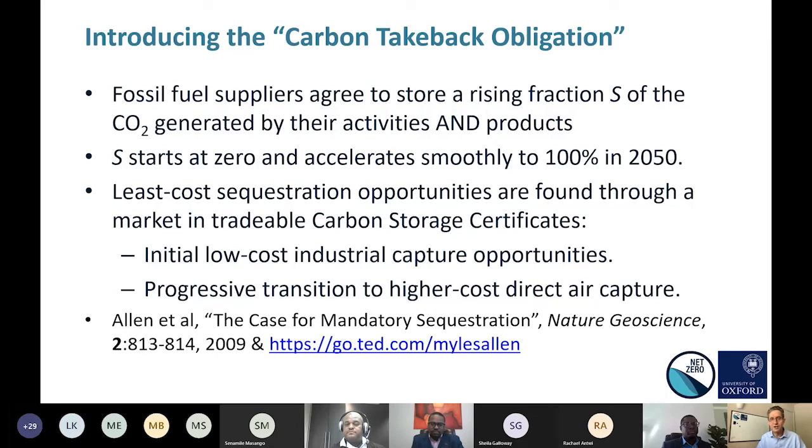That's the argument we have here: the way to deal with the fossil fuel CO2 problem is to hand it back to the industry, to require the industry to dispose of the carbon dioxide generated by both their activities and, crucially, the products they sell. If we go to the next slide,